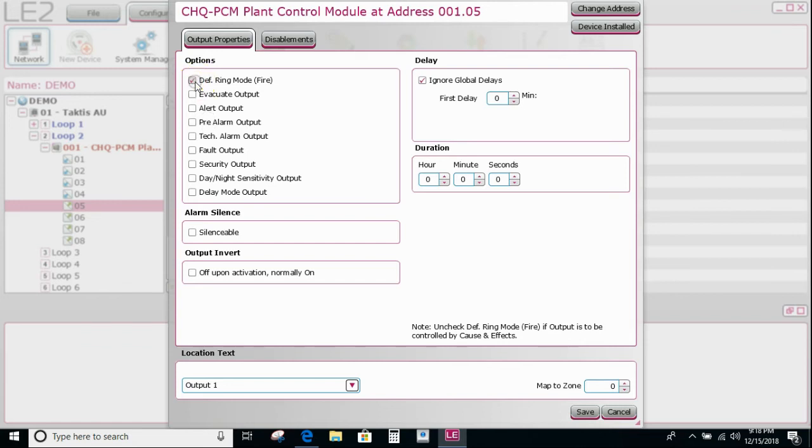We can have it silenceable, which basically means that this input will now be silenced or reset when we press the acknowledgement slash silence button on the front of a panel. So will it act like a sounder effectively if I tick that box. And if it's going to act like a sounder, we can also give it some output delays. So we can have an output delay,